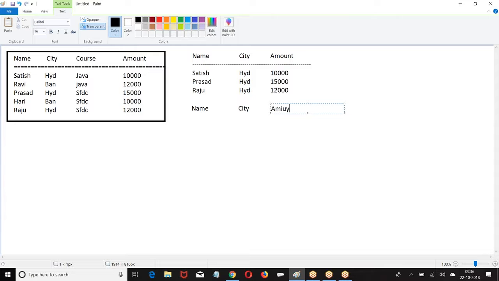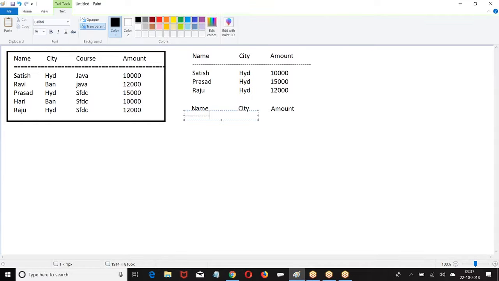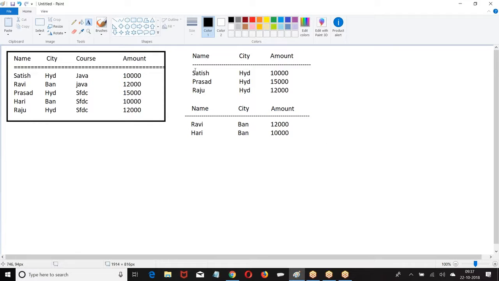Tabular means simply a list of records in the form of table. This is called as what?